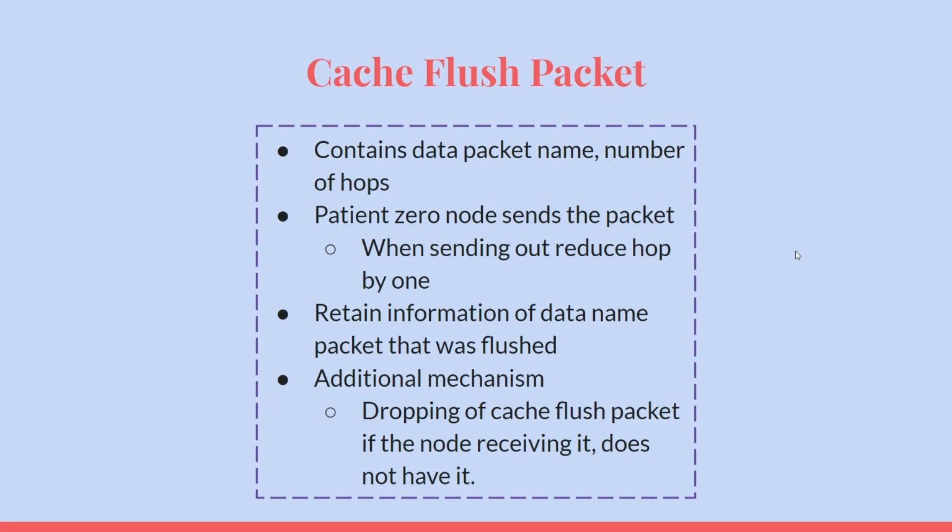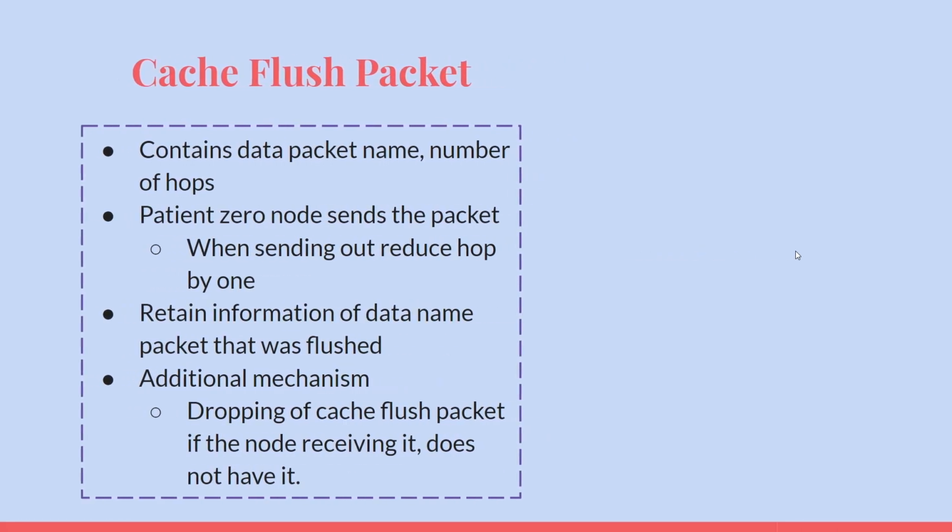In the NDN router, the system should maintain a record of this flushed packet to notify any affected producers. And if the node that receives the cache flush packet does not have that packet, perhaps it can be allowed to drop the request, since in conjunction with smart selection, the packet name is not widely used.